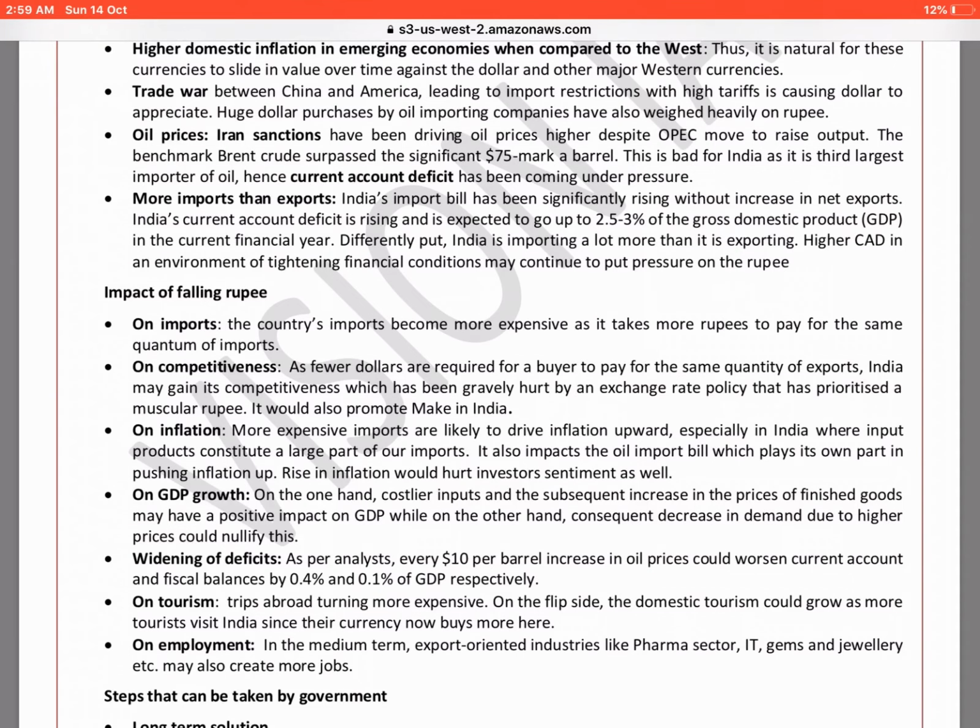Apart from oil, we import a lot of other things like chemicals, metals, metallurgy, then gems and jewelries, then coal. So these are all minerals. Other things that we import are semiconductors for mobile manufacturing, and electronics products from outside. Since we are not innovating and we are not producing enough in the country, we do not have manufacturing hubs in the country. That is why our import bill is higher.